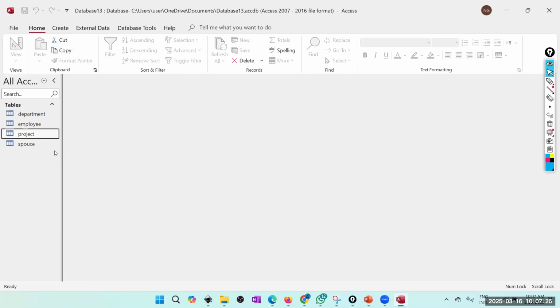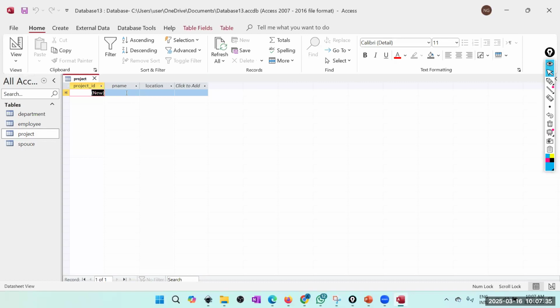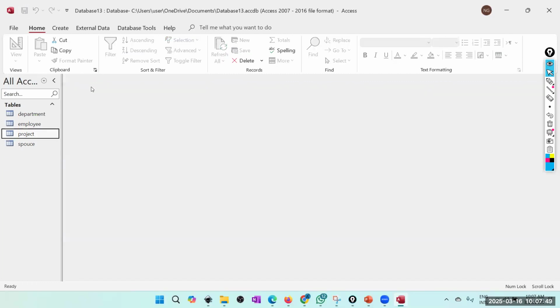Right. So now employee can work for many projects. Project can have many employees, many to many. Okay, let's add some project data also. Say project ID 1, I'll call it P1, next one P2, maybe next one P3. Now, project can have many employees. Employee can work for many projects. So what is the solution? Okay, let's add that to the database